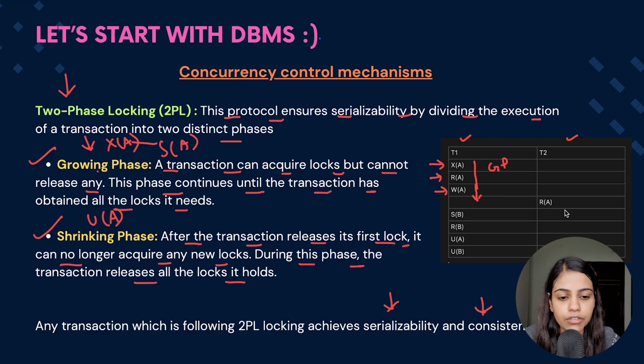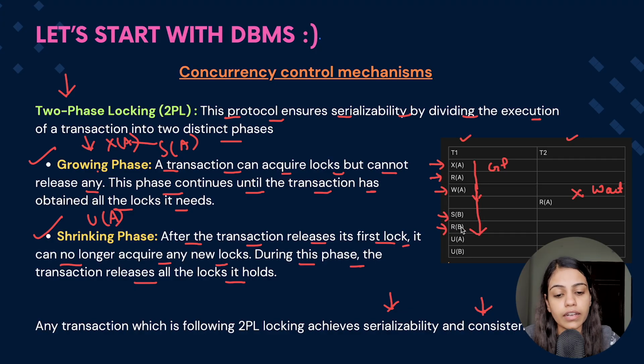Now transaction T2 comes, but since T1 is right now in a growing phase and T2 is not, there won't be any locks assigned to T2. It will wait for T1 to enter its shrinking phase and unlock all the locks. Now there is a shared lock acquired on B, and a read on B. Till here there is a growing phase, because all the operations of the transaction are only